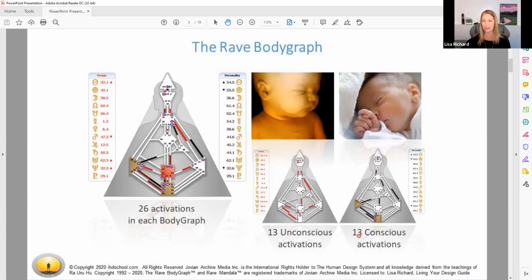We're going to take a look at those 13 conscious activations, and those stem from your exact moment of birth. It doesn't matter if you're premature, overdue, or born by C-section. From the moment you enter the world, they take a look at where the planets were in alignment. All of these fancy symbols on the side of your chart talk about the planets: the sun, the moon, the north node, the south node, and various other planets. Those pull into the data and give you those black lines, and that speaks to your personality.